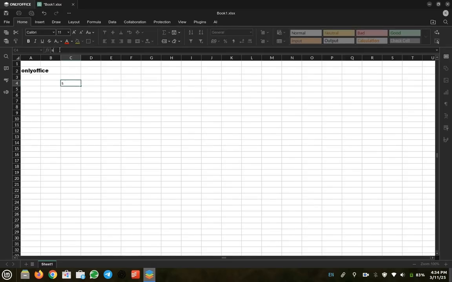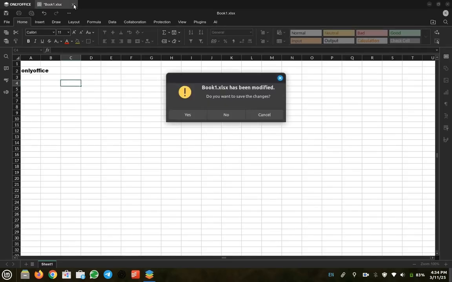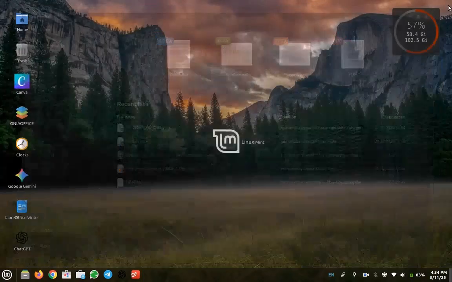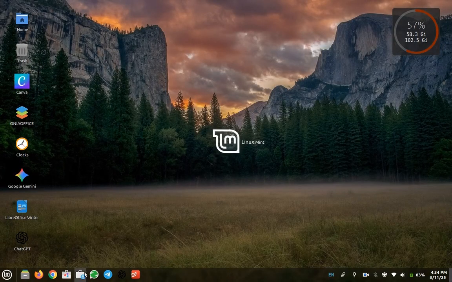I don't know actually any formulas, I'm not an expert, I actually don't know anything. I'm zero about Excel sheets or spreadsheets. I have little knowledge about docs, but Excel I don't know much, and I have more knowledge about doc and PPT formats. So this is all about, I think, the document editors.